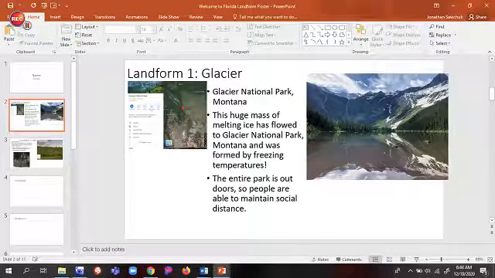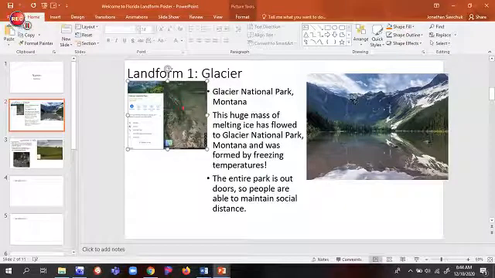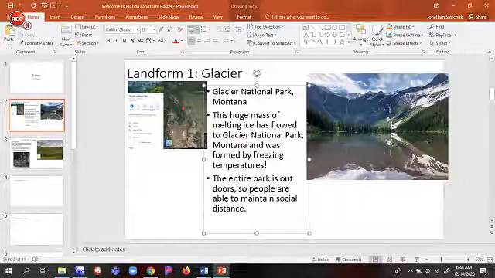I included the Google Maps screenshot of where it's located, as well as a beautiful picture of the Glacier National Park over here in Montana. This huge mass of melting ice has flowed to Glacier National Park, Montana, and was formed by freezing temperatures. The entire park is outdoors, so people are able to maintain socially distant. Next,